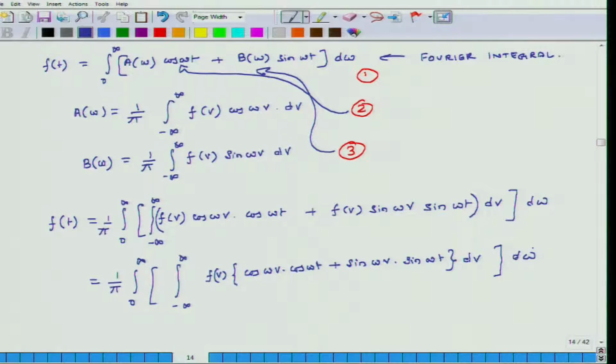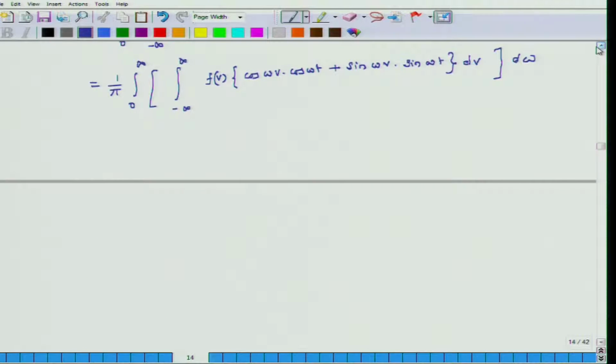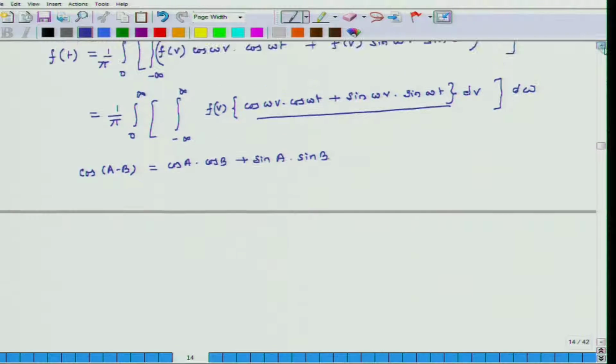and d omega. Now I know that cosine of a minus b equals cosine of a times cosine of b plus sine of a times sine of b. So this is of that form. This entire underlined term is of this form, which is cosine of a minus b. So what I do is I rewrite this expression